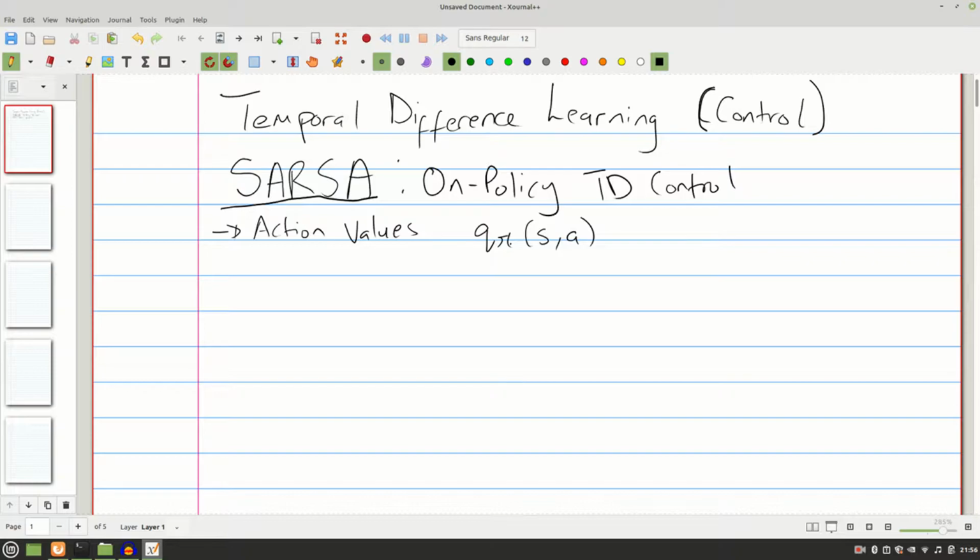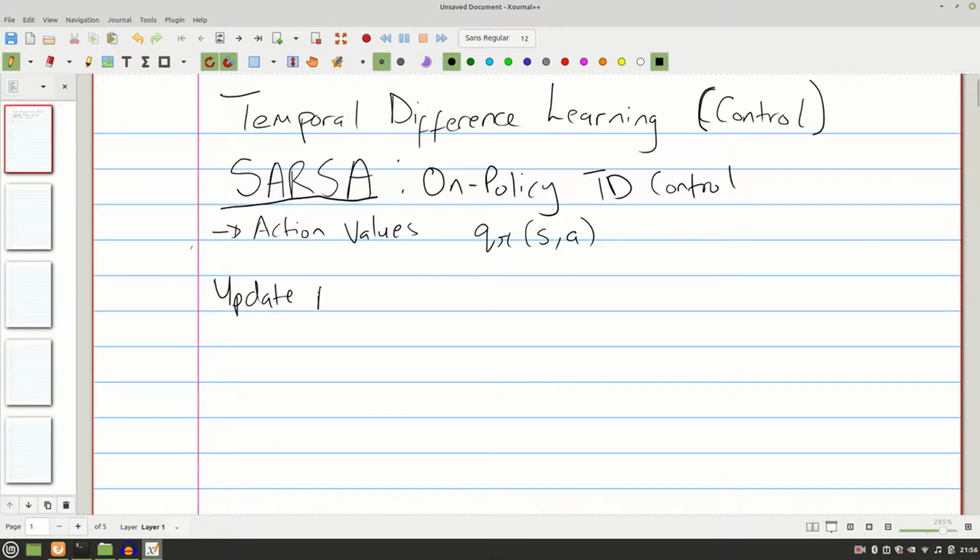These are the action values that we're trying to get the value for. Before, we looked at transitions from state to state, but now we're looking at transitions from state-action to state-action. So let's start with the update rule for this SARSA algorithm. One thing you'll notice is that these algorithms are going to start looking very similar. They're just going to be slight modifications here and there. But these modifications, of course, have a huge impact on the learning process. So let's look at the update rule.